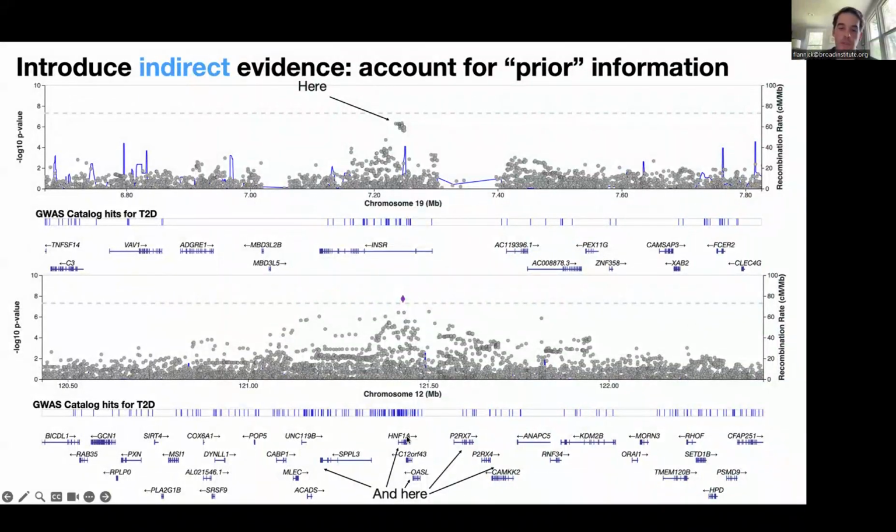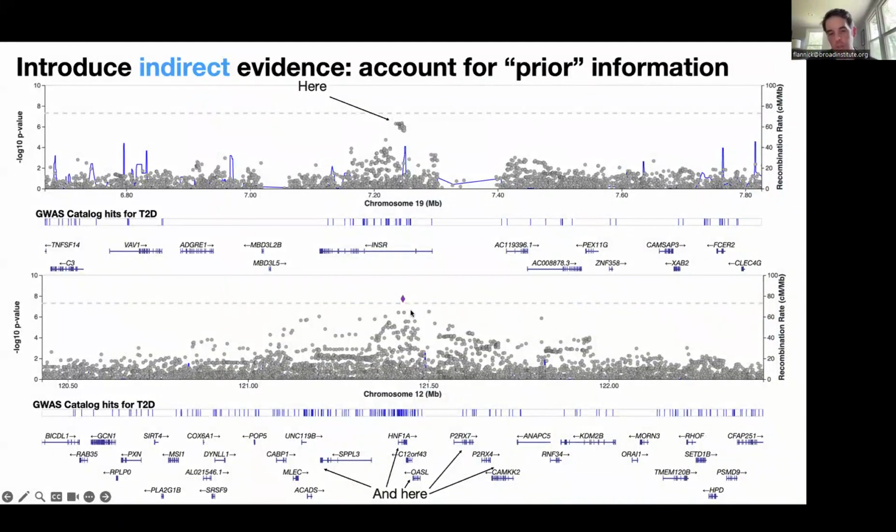And HNF1 alpha is a gene that has variants responsible for a very common monogenic form of diabetes. So these are both very well-known diabetes genes. And the point is that if you knew that and you looked at this peak I'm showing at the top, you're probably more confident that it's a real signal that just hasn't reached genome-wide significance yet, for various reasons,